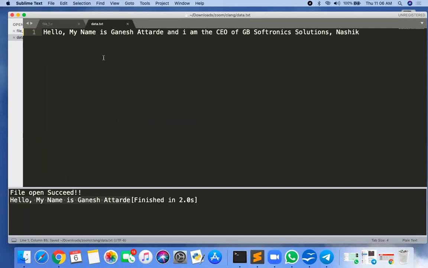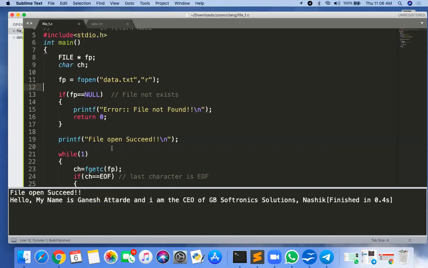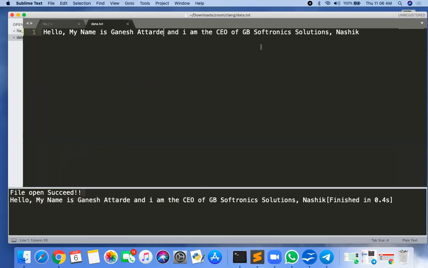So I have modified the content of data.txt. Here only I am running the program. When I run the program, you can see the modified content of your file. So your EOF is modified. First EOF is present after the E, now EOF is present after the K.